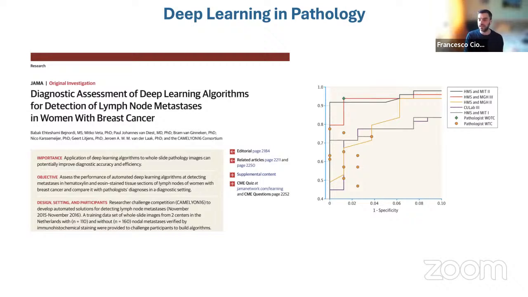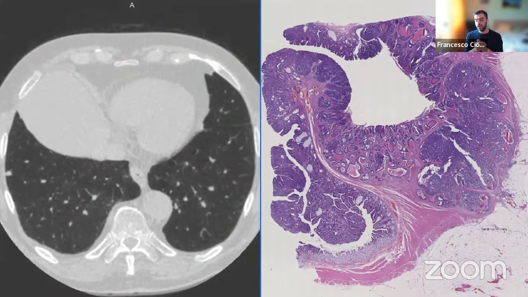All of these studies are from like 6-7 years ago, and in the meantime, more studies and more research have happened, which is what I would like to tell you about in the rest of this presentation, with a couple of examples in the space of radiology, taking CT as a use case, and then the rest will be all about pathology.